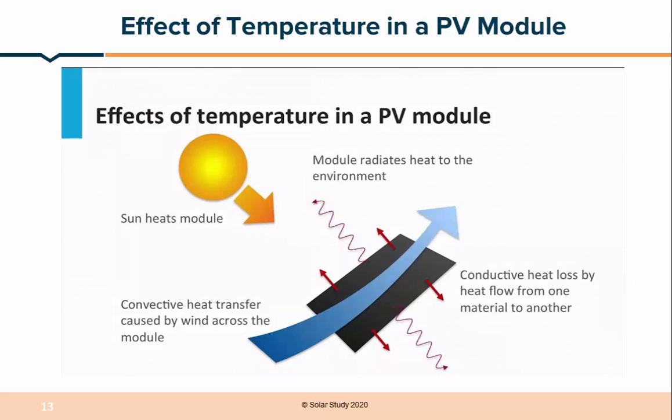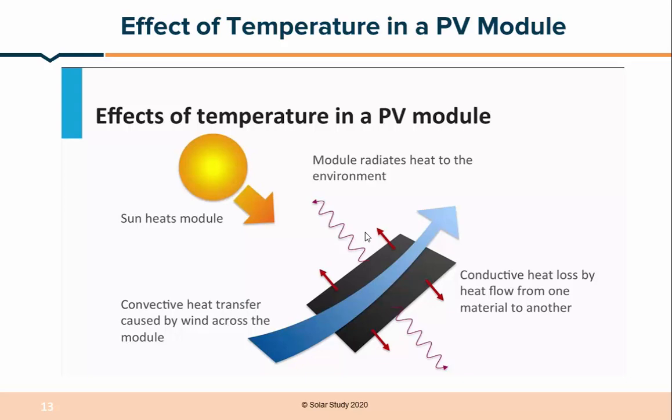Now we see the effect of temperature on the PV module. If the coating is not done properly, that may be a problem. Sometimes if the manufacturing process is not clean, or due to time lapse, the module starts losing its potential and its efficiency. At that time it is difficult to absorb the light, and that leads to defects in the solar module.